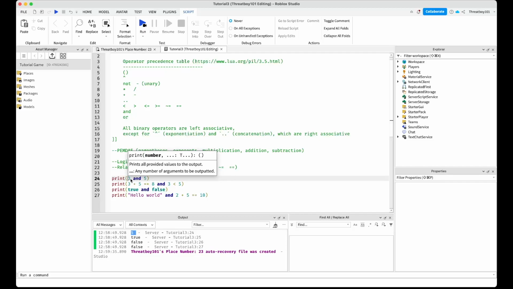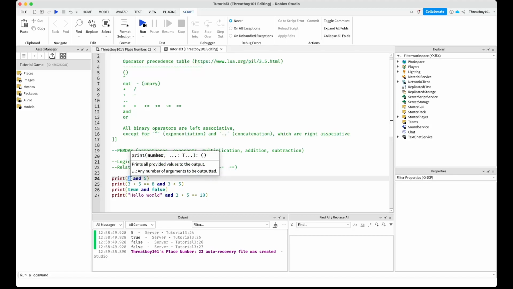So for the AND operator, for the entire expression to evaluate to true, the expressions on either side of the operator have to both evaluate to true. So 3 has to be true and 5 has to be true for this whole thing to evaluate to true, right? So now you might wonder, okay, well, if this expression is supposed to evaluate to true, then why does it print out 5 when we print it out? So the reason why that is because, well,